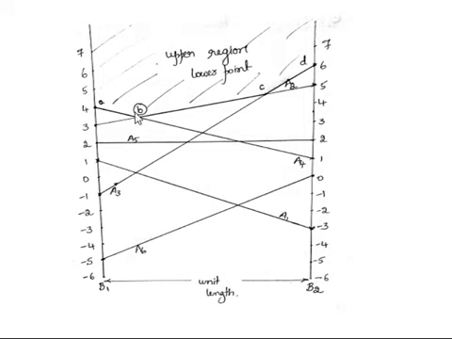Out of that, the lower point is this one, that point is called B. How we have done is, start from here and move in this particular direction. So the first intersection point is A, then change the path. Once you find another intersection, once again change the direction. Then if you find another intersection point, once again change the direction. If you find one more intersection point, change the direction. This will be the upper region. So the points are A, B, C, D, and the lower point is B.